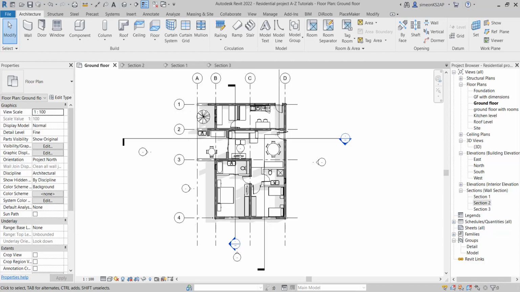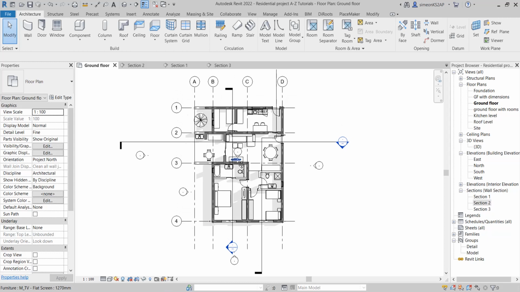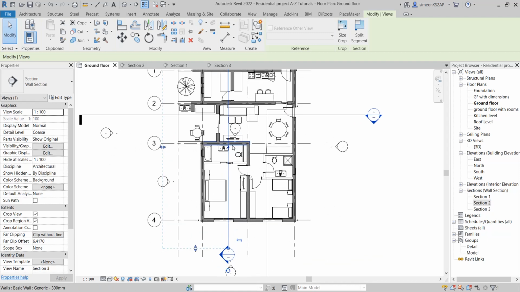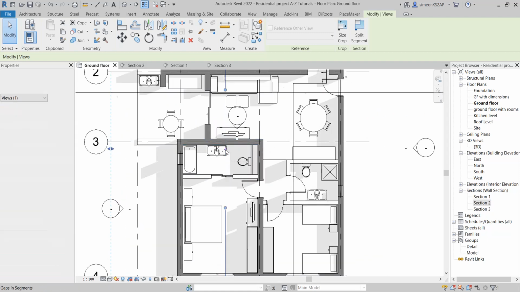Now we are going to look at section break. Sometimes you do not really want to interrupt the floor plan. You want it to be as clean as possible. So you sometimes want to break this section so that it passes outside of the floor plan. To do that, you select the section, and then you go to this little jog in between. You click on that,